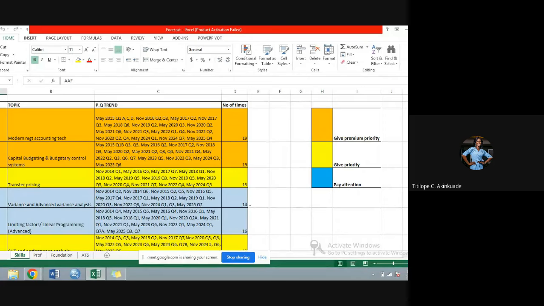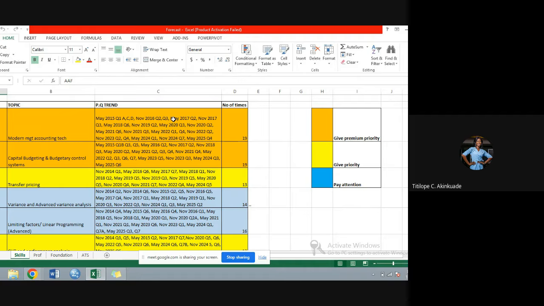So this is how you should use the information I shared with you tonight. For instance, take modern management accounting techniques, solve questions. If you can solve at least 40%, you're good. If you don't have that largesse, then just solve enough questions. One thing you're going to observe while solving questions is you start seeing the areas of your weaknesses. If you see that this particular area, you really don't know, then go back to your study text and study that particular part. That is the approach you should use.